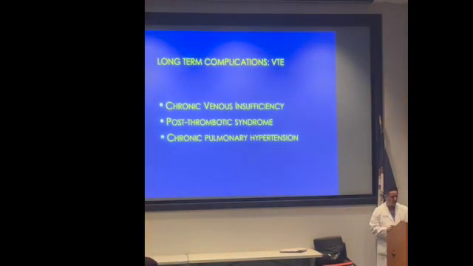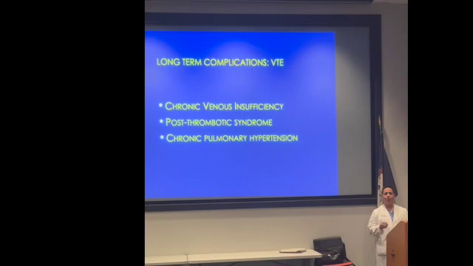Long-term complications: chronic venous insufficiency, post-thrombotic syndrome. Think of your chronic medical patients that you see. Think of your chronic surgical patients that you see. Think of those with chronic ruddy induration of the lower extremities. That is long-term sequelae of end-stage venous damage, which is kind of the same concept as post-thrombotic syndrome,